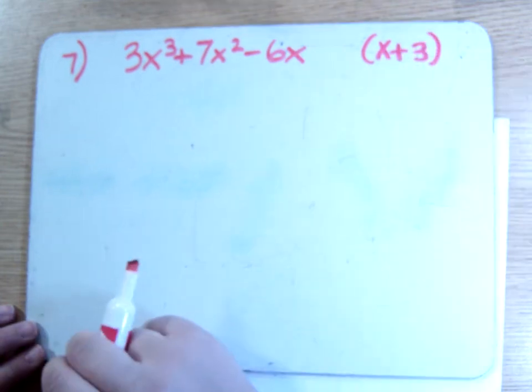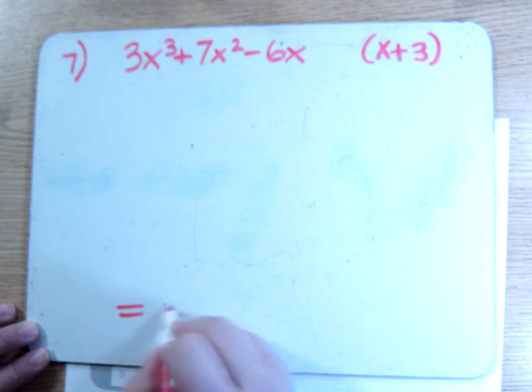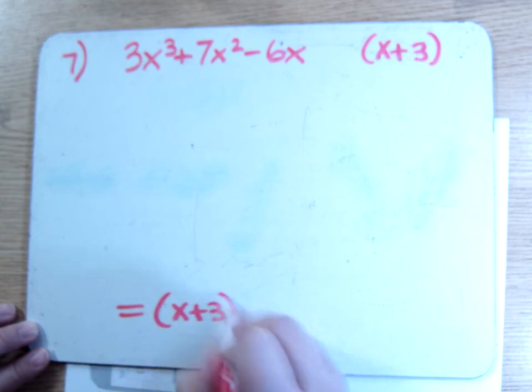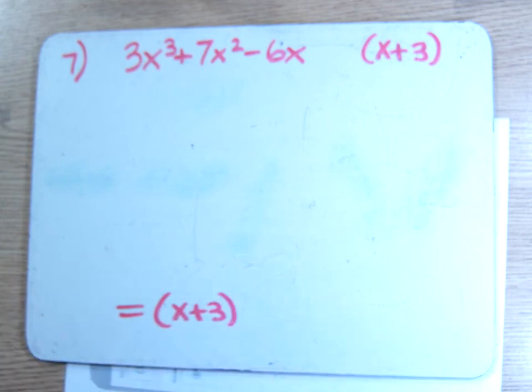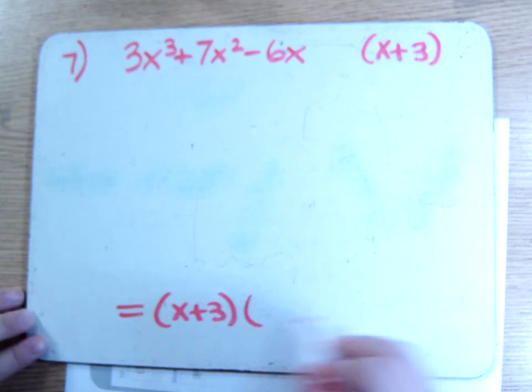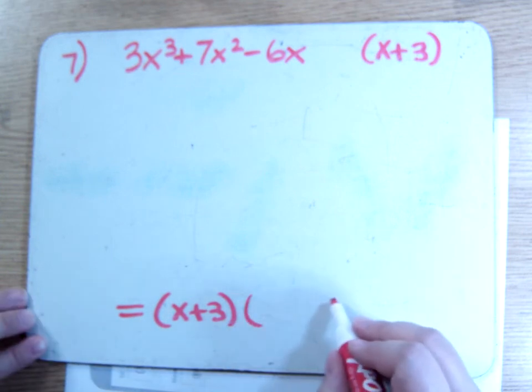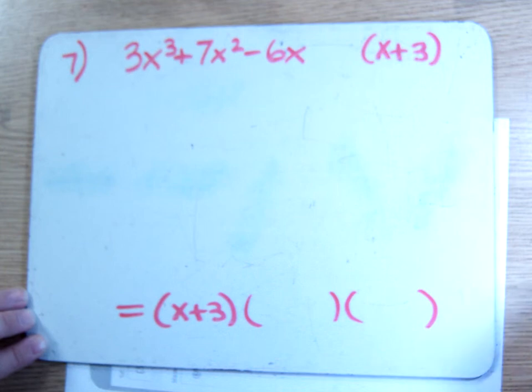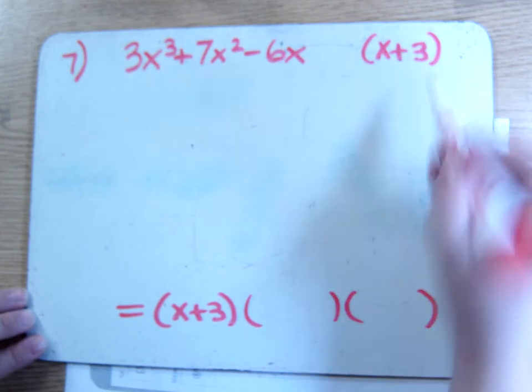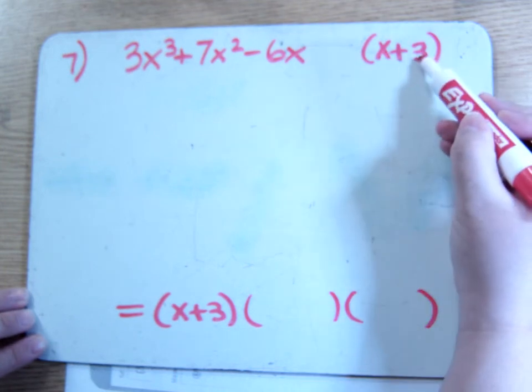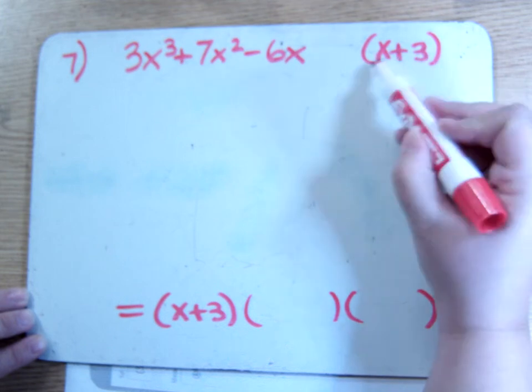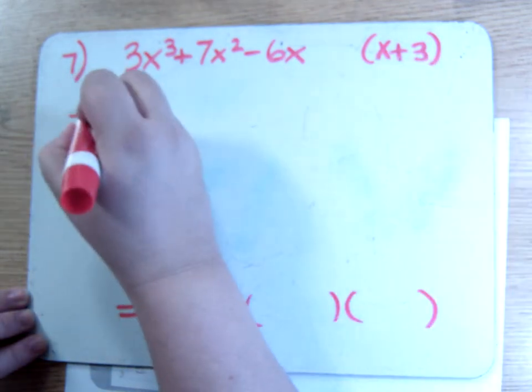So I'm going to end up with something that starts with x plus 3 because that's one factor. I know that I'm going to have some other factors here, 1 or 2, something like this. So let's see. I'm going to use synthetic division to figure out what's left when I take out this factor. So that's a negative